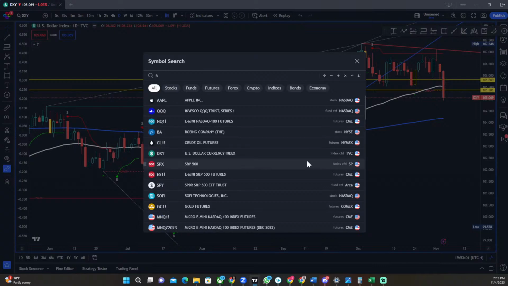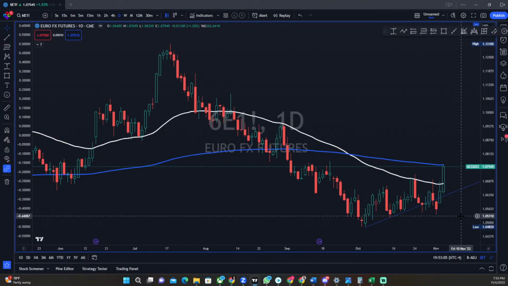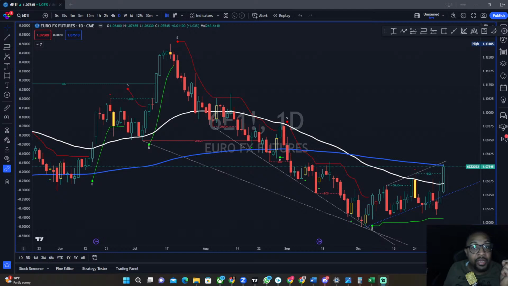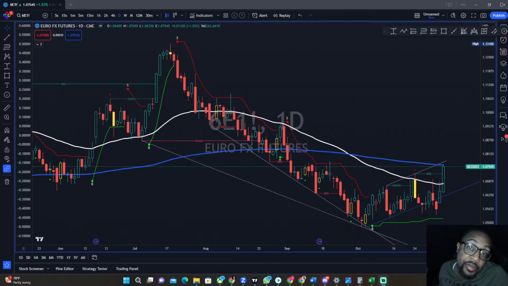I think it's 6E. Yep, there we go. 6E. Look at this euro. They are strengthening up the euro. I suggest you do not at all go to Central Pay and try to go ahead and buy some doggone Louis Vuitton right now. The dollar is falling while the euro is rising, so that means you're not going to get as much bang for your buck from the time in mid-October, early October. So now everything's starting to flip on its head.